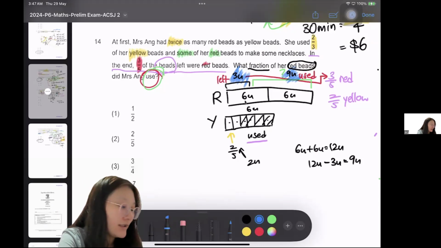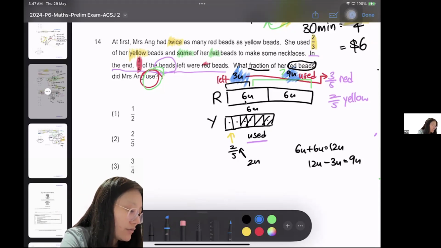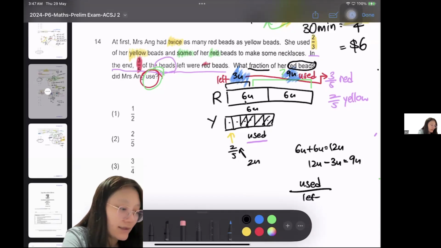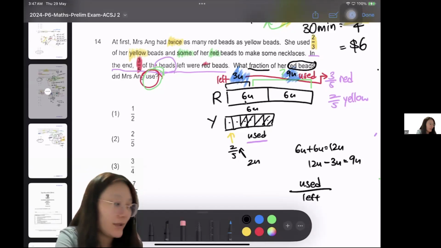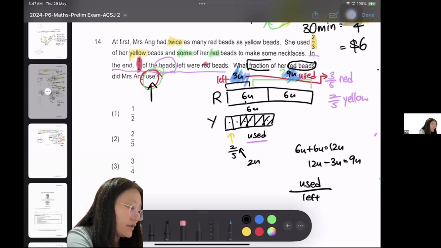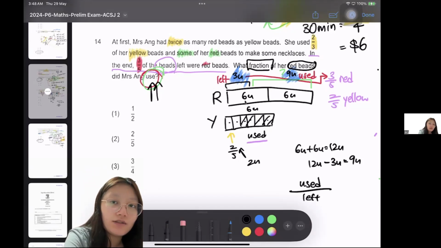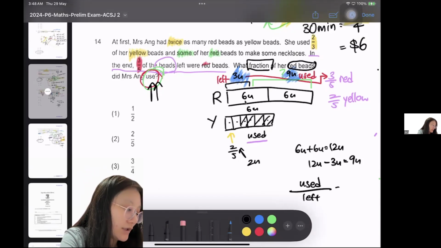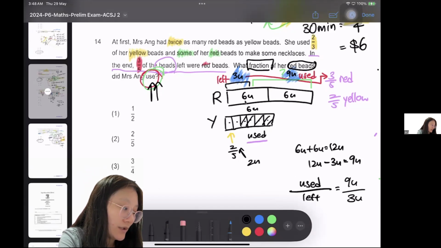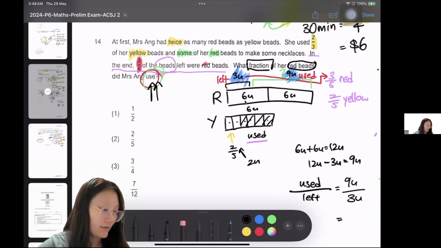That's a fraction, right? So in order to form a fraction of how much she used, you need to put used over left. This is how you form a fraction for the amount that she used, okay? To form a fraction, you need to use this equation, which is used over left, which equals the used amount is 9 units, the left amount is 3 units. So that fraction will be